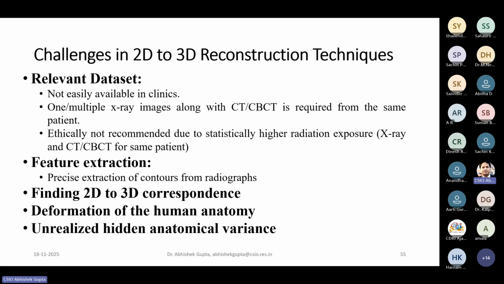So the challenge here is, if the information is not available in the X-ray, then that cannot be included in the predicted 3D surface image. So again, this comes as a challenging situation: why are we doing it if we are not incorporating new information? Yes, the new information cannot be incorporated, but yes, if we are having two different images or two different